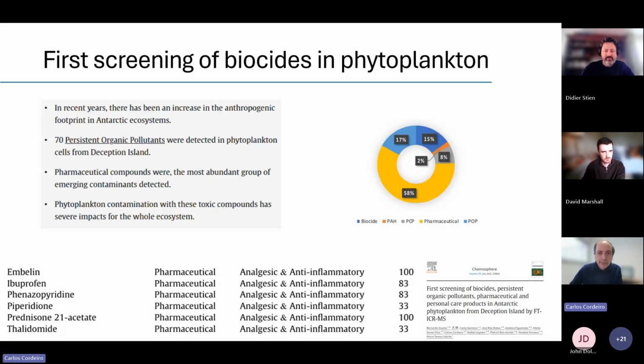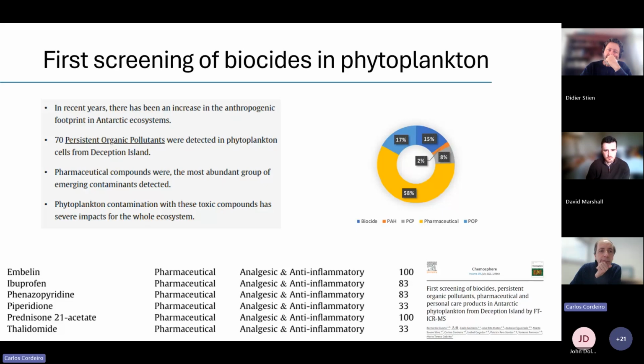So then we went on to the next step. And what was our next step? Our next step is what kind of effects do these compounds actually have on this kind of organisms? And for that, we use two approaches. I'm just going to talk about one of them. You can have fishes in the aquarium and just throw in the substance you want to analyze. You can do it with fish cells in culture, which I think is probably the best model. So you can actually use hepatocytes from fish and test this, or you can actually do this with phytoplankton.